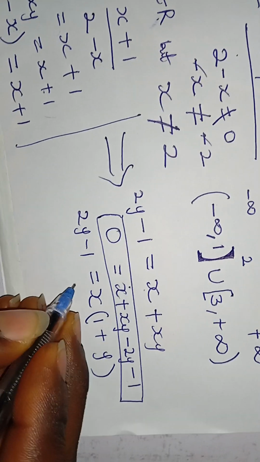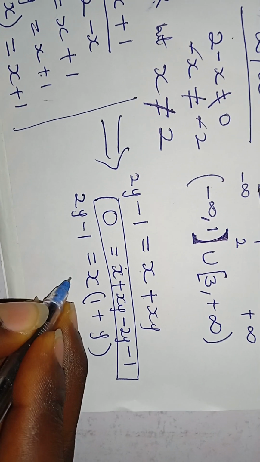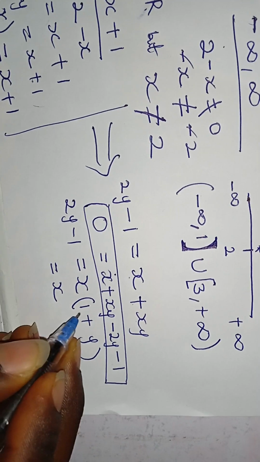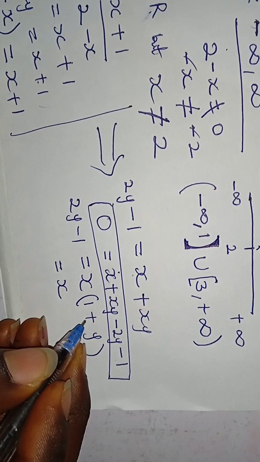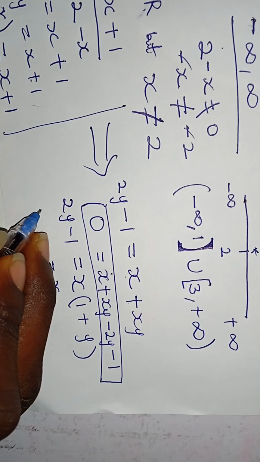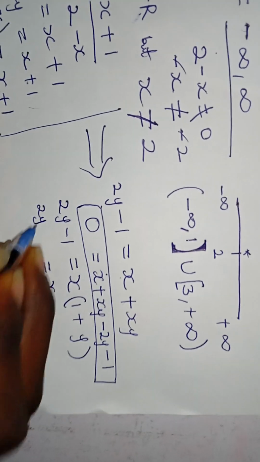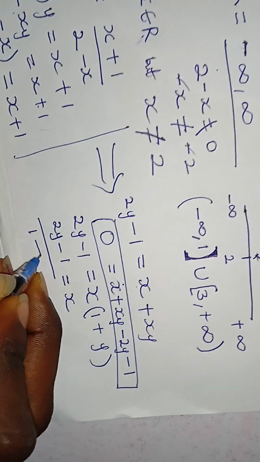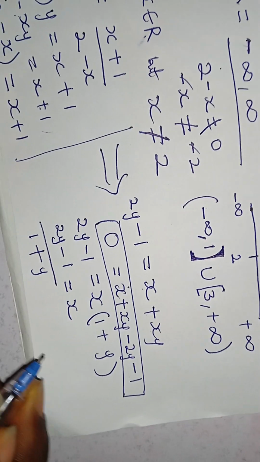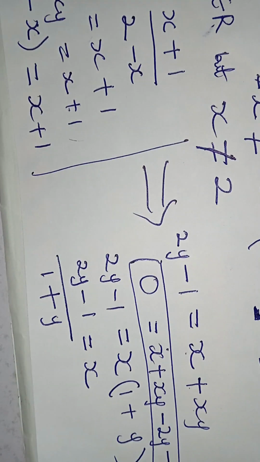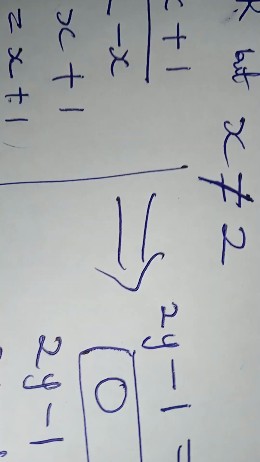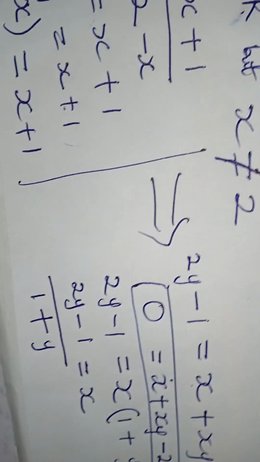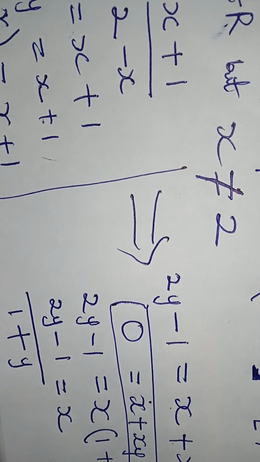To make x the subject of the formula, it simply means having x here, equals, dividing both sides by the coefficient of x, which is 1 plus y. So this is now 2y minus 1 all over 1 plus y. So this is our value. So looking at what we have, x equals 2y minus 1 all